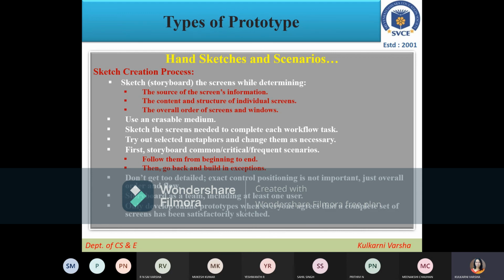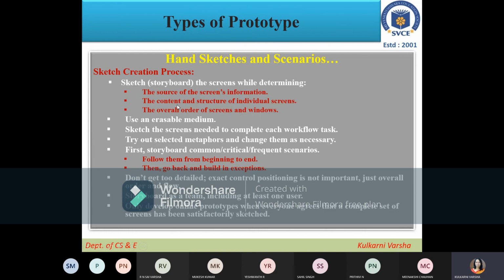So all those screens and sketches should be arranged in that order. Sketch the screens while determining the source of screen information, the content and structure of individual screens, and the overall order of the screens and windows, right?